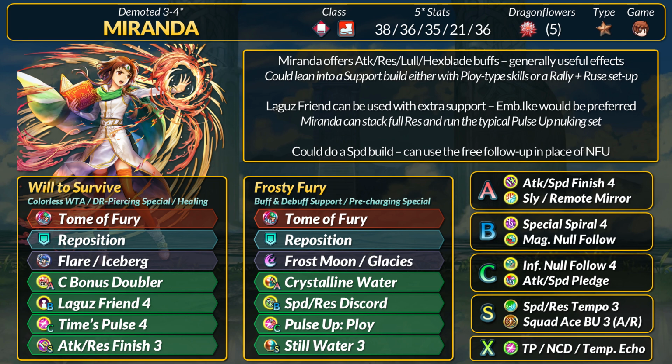Now if you either use Miranda's OK speed stat, then you can go for the more typical offensive skills: Magic No Follow or Tempo 4 for the partial DR piercing, Flash Sparrow or Pledge for cooldown, you get in stack Time's Pulse skills and run Special Sparrow. There is also Remote A skills or Fleeting Echo for some % DR to stack with Tome of Fury's flat